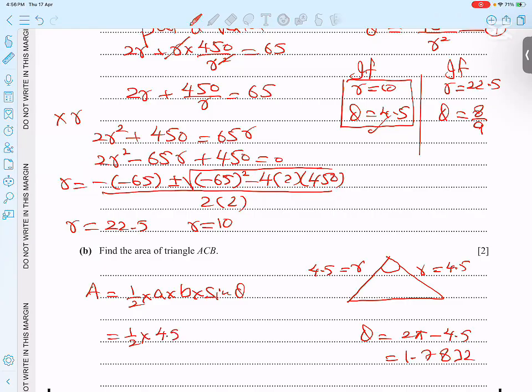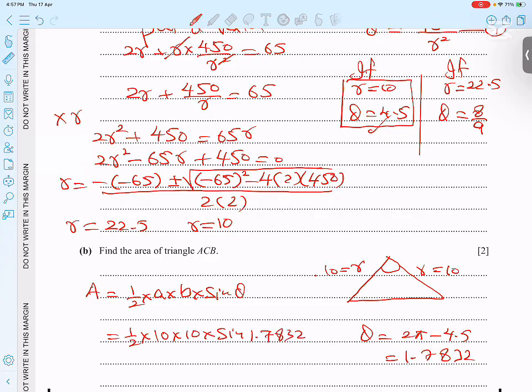A is 4.5, B is, just a minute, sorry, the radius is 10, sorry for that. Radius is 10, not that. That is the angle actually. So radius is 10 and 10. So 10 into 10 into sine